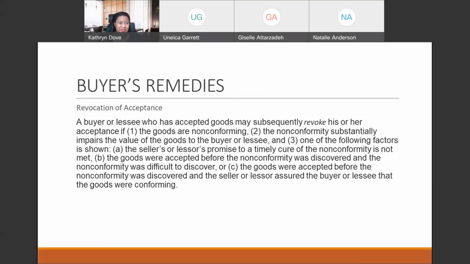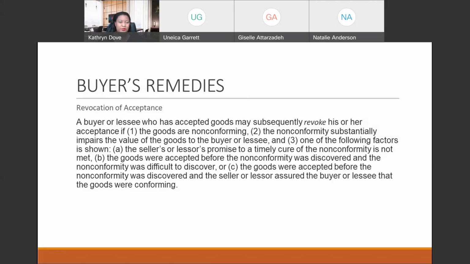What are the buyer's remedies? Well, revocation of acceptance. A buyer who has accepted goods may subsequently revoke his or her acceptance if the goods are non-conforming, or if the nonconformity substantially impairs the value of the goods to the buyer, and one of the following factors is shown: the seller's promise to timely cure the nonconformity is not met, the goods were accepted before the nonconformity was discovered, and the nonconformity was difficult to discover,